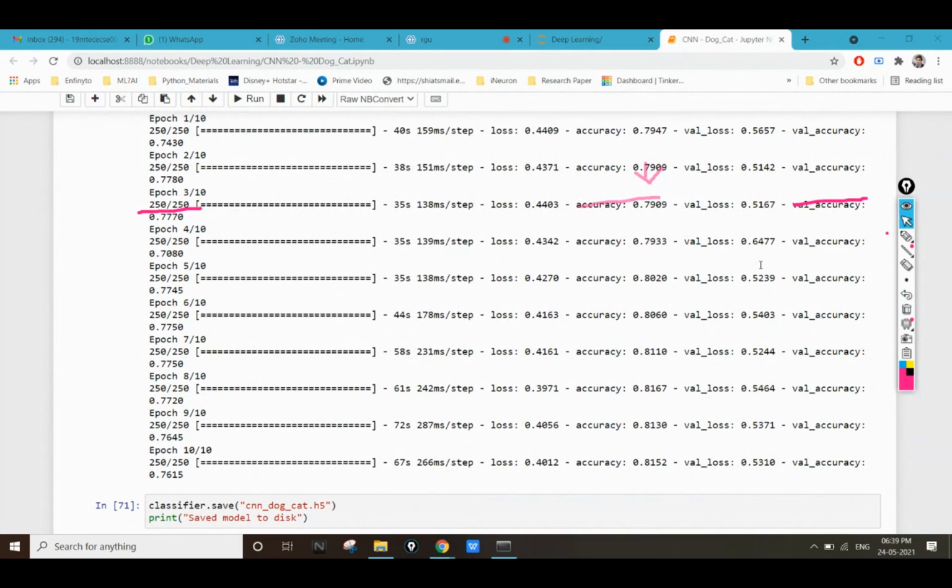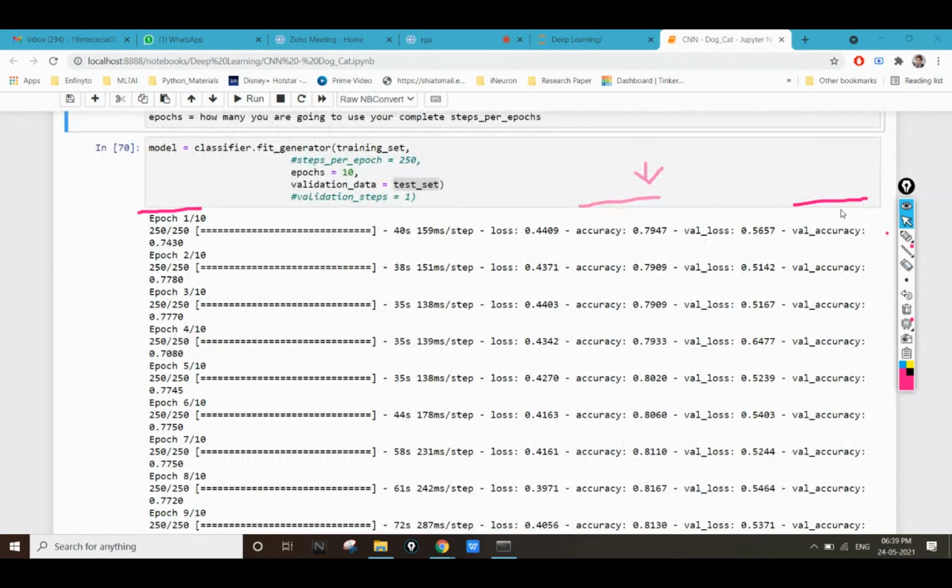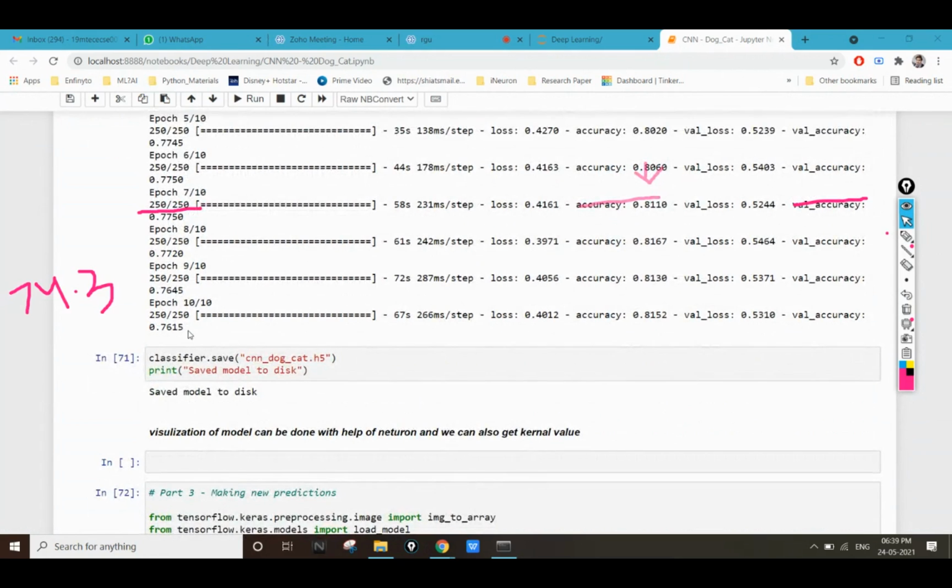In these 10 epochs, the validation accuracy has increased from 74.3 to 76.15, so we have seen a 2% increase in accuracy.